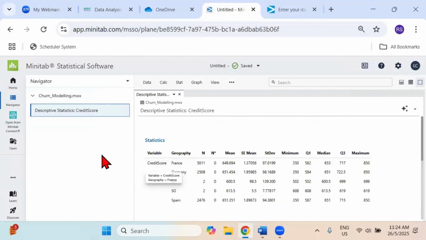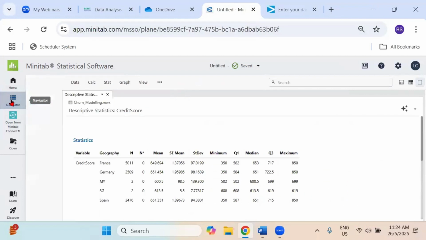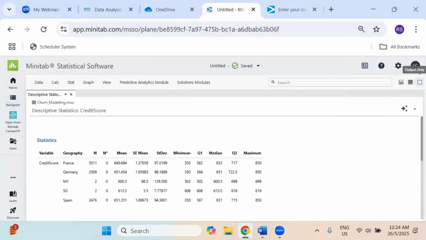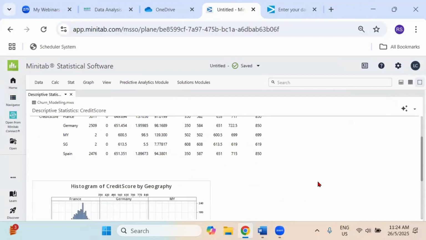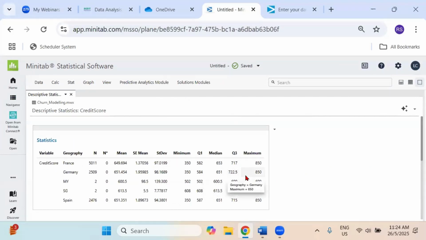Okay, so next I want to hide my navigator. Just click the button, then enlarge the output window. So after this, I can show how to interpret the result. Oh, beside